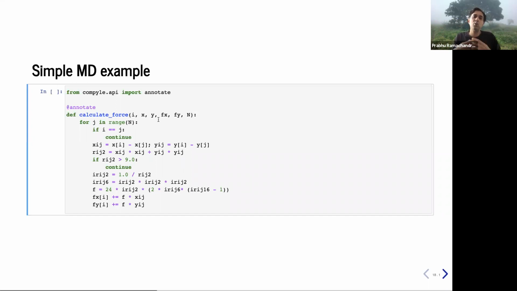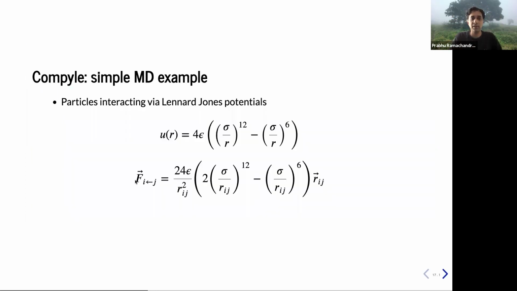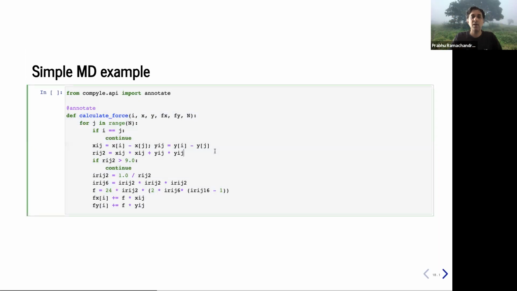The idea is that you write your code as pure Python. So this is all pure Python. There's no low-level programming language here. Okay? So it's just a simple function. You give it a small decorator which allows you to annotate it, and essentially it will do jitting for you, and it will generate low-level code, compile that, and allow you to execute. But this function here, all it's doing is computing the force, this same force that I talked to you about in the previous slide, just computing that pairwise. So it's saying for all other particles, find the contribution of their force, it just is writing out that force and adding it to an array.